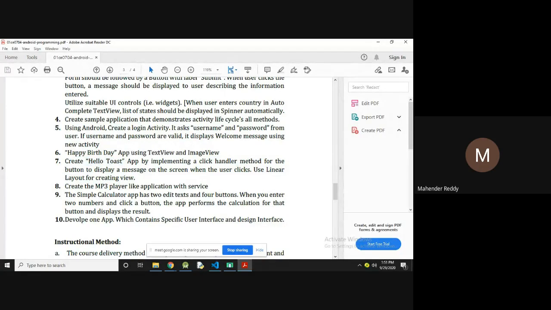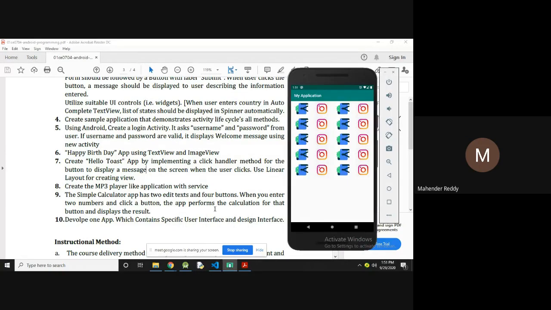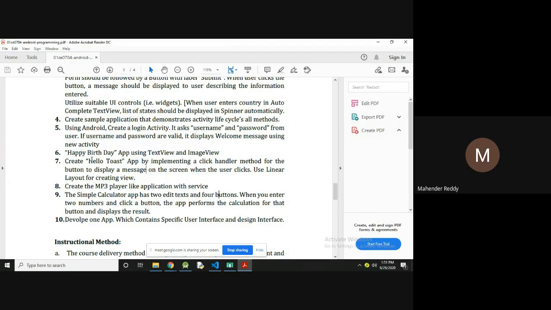Here we are using notification and normal toast messages. You can also display a warning message like that. You have to display hello toast, a hello message, or else you can use a simple toast message. I'm going to explain this in the class itself. Services, the services life cycle.